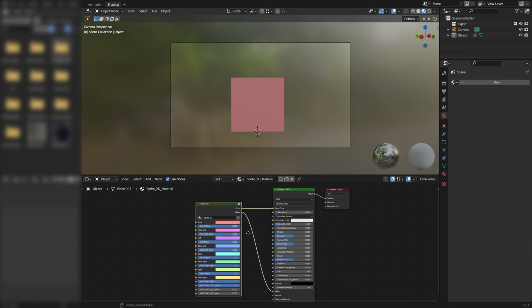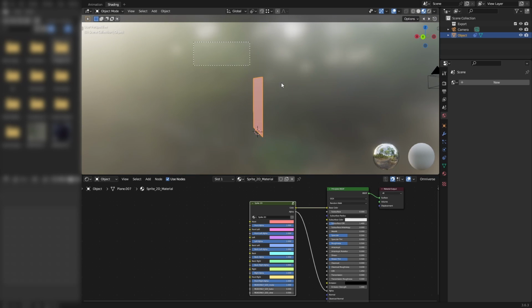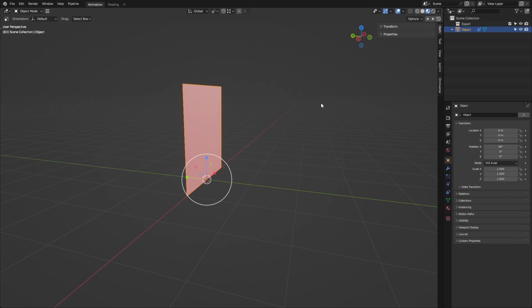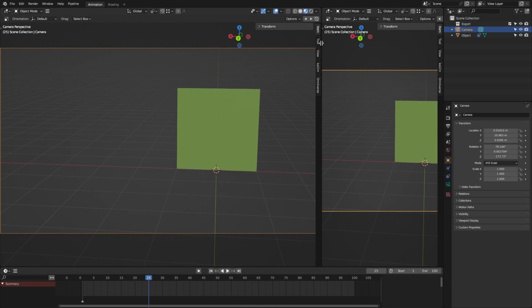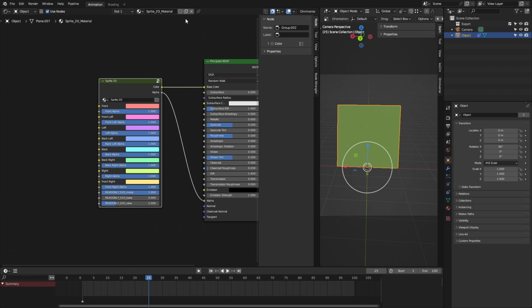With your sprite ready and the add-on installed, open the Sprite 2D Blender file that came with it, and copy this colored 2D plane to the Blender project you want to use it in. Inside the material, you'll find this node group. Each color input relates to what color will be rendered when viewed at any given angle. In this case, the front of the sprite will be rendered in the color red.